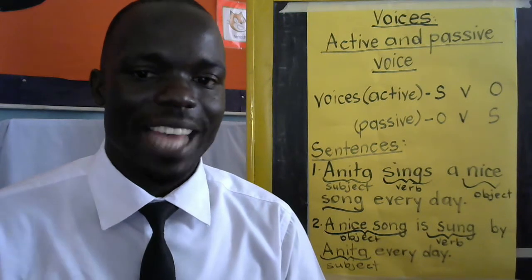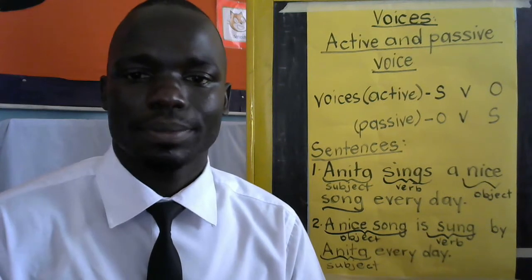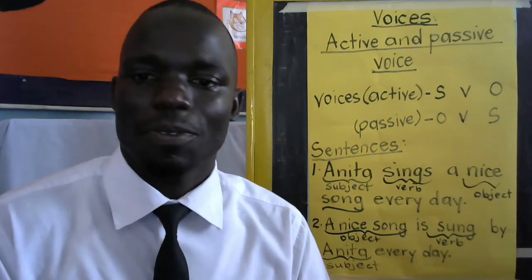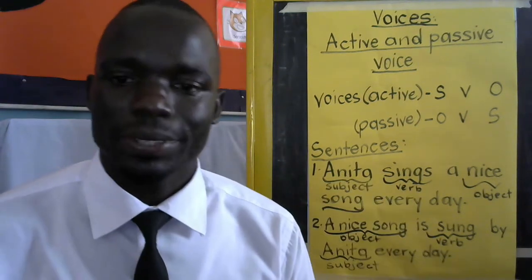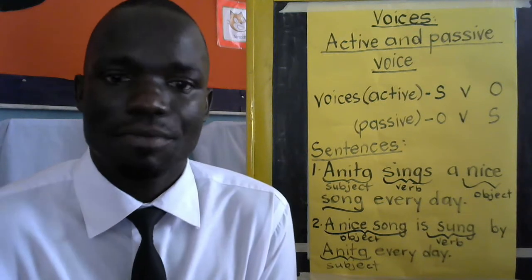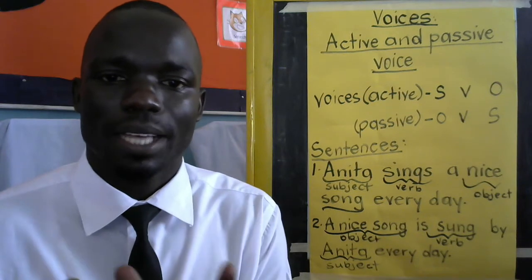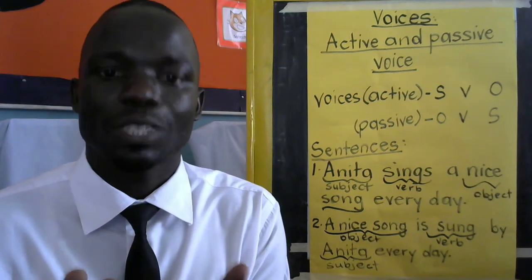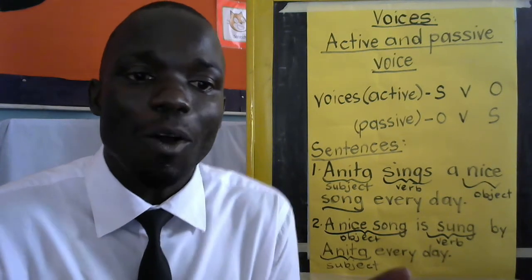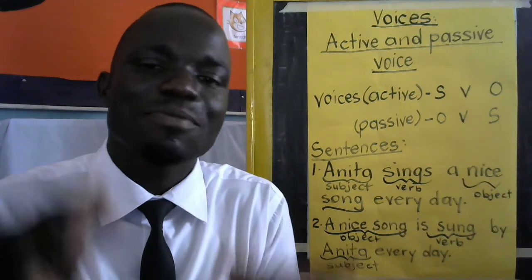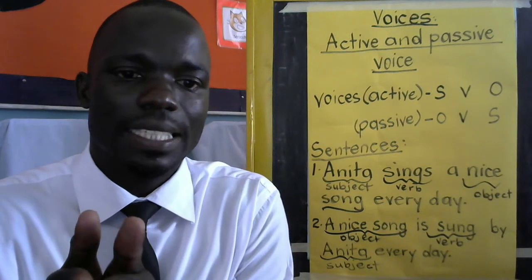And what is our object there according to our sentence 1? Our object is a nice song. So this nice song here will immediately be followed by a helping or auxiliary verb. And I take you back to what we said about the structure, the order of the words in the passive voice sentence. We said the order of the sentence changes and the verb is made passive by changing it from